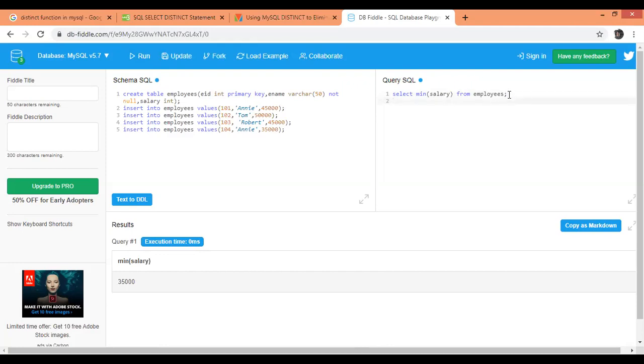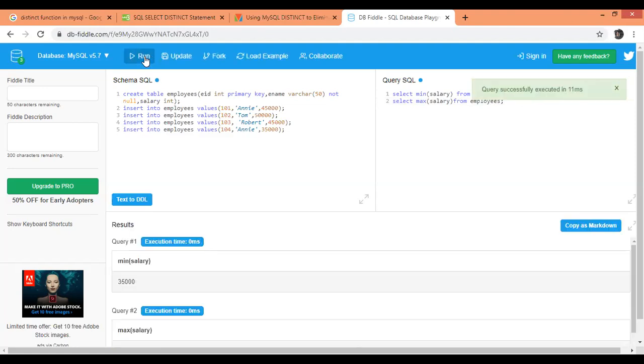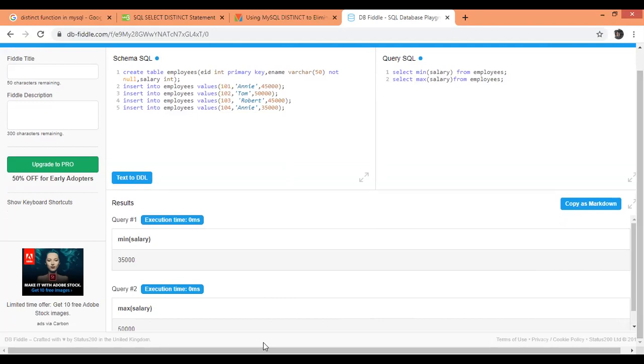Now, if you want to find the max, it is also possible. Just replace the function min with max. You can find the maximum salary is 50,000.